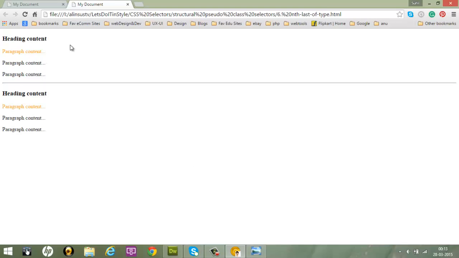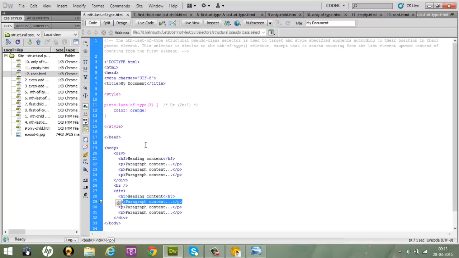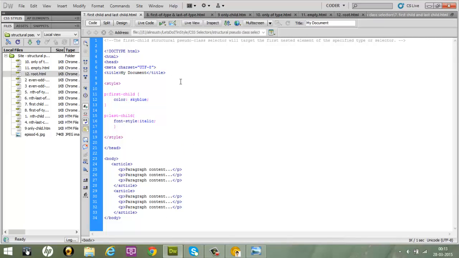There you see it in the browser here. So the only difference is that in this case the browser counts from the bottom. Okay, let's move on to another structural pseudo class selector, and this is called first child and the last child